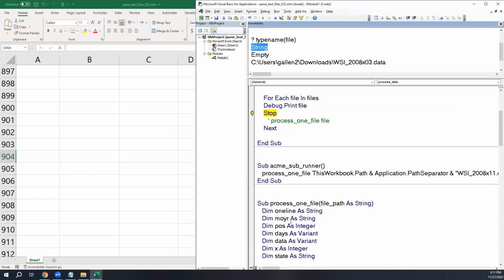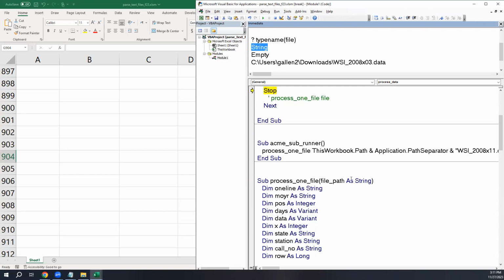File's a string, and what am I expecting in process one file? I'm expecting a string. I don't think that should be type mismatch. Let's see if it lets me uncomment this and move on from here. I don't think it will. Or it will. ByRef type mismatch. Now, when I call a sub procedure and pass it a variable, this thing has to line up with process one file, but it looks like it is lining up to me. That says it's a string. Anyway,